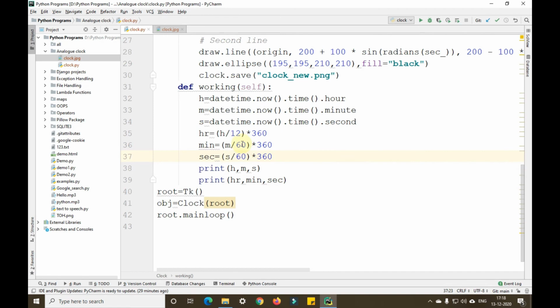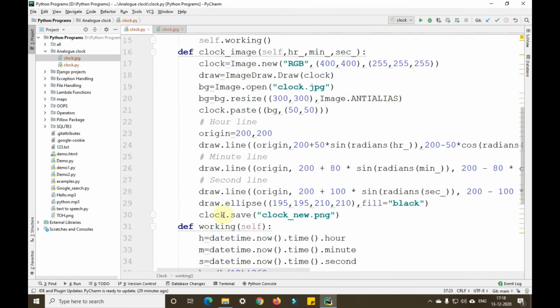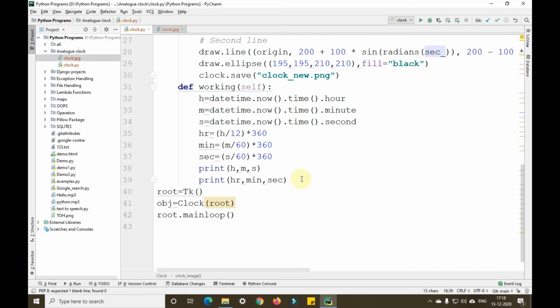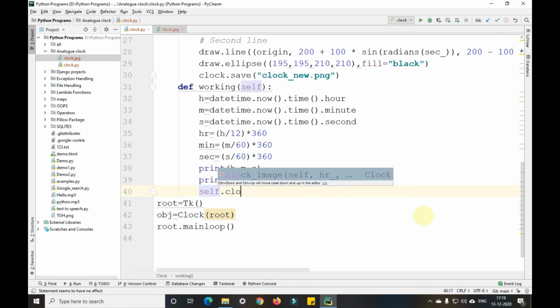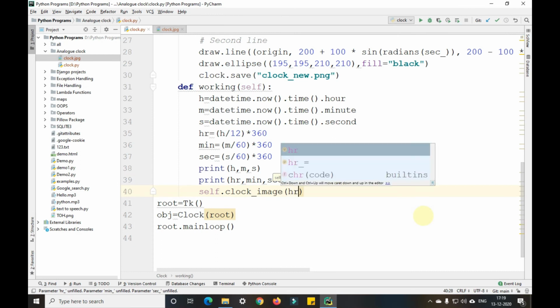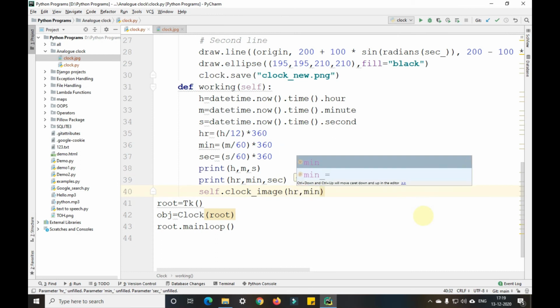So we are not passing any arguments to this particular clock function here. As you can see, there are 3 different arguments that we need to pass here. So let me just pass these things, complete this program completely. Self dot clock image with I'll pass hour comma min comma second here.